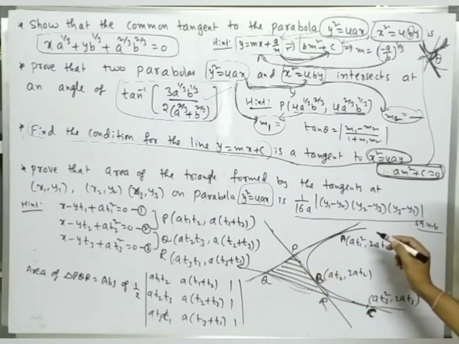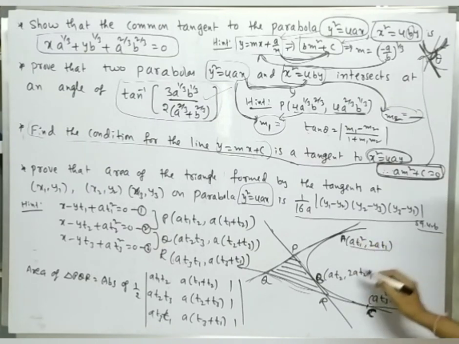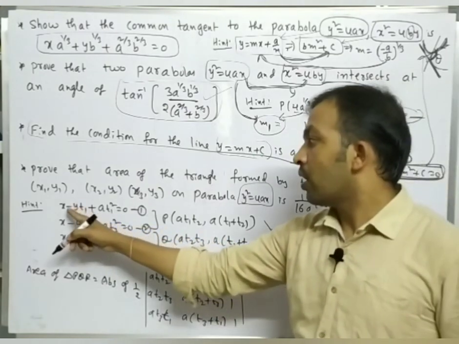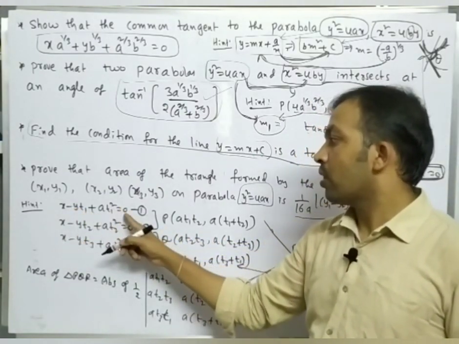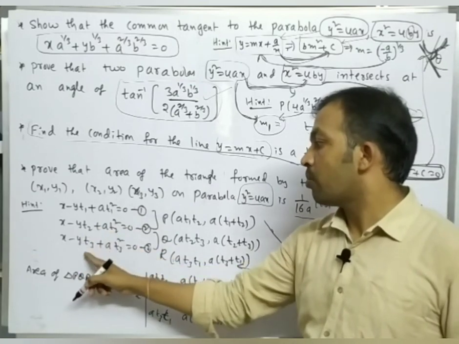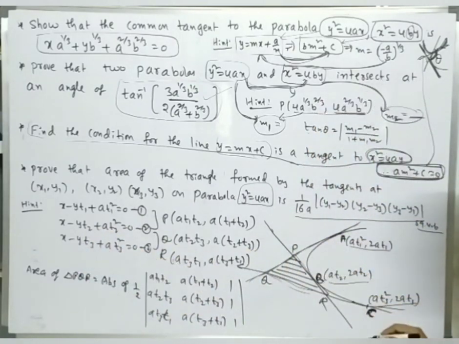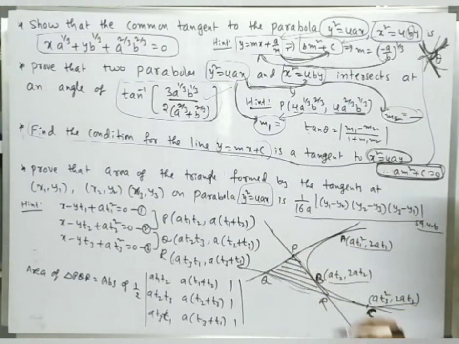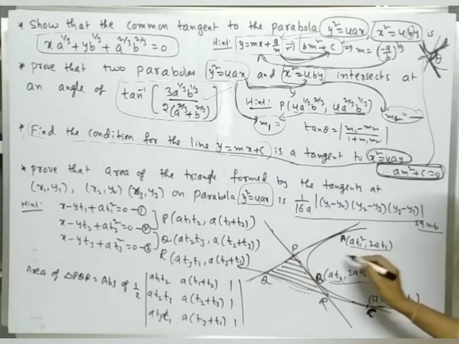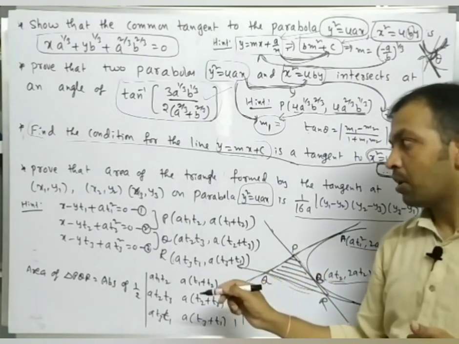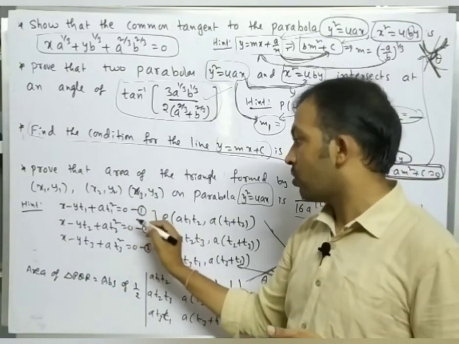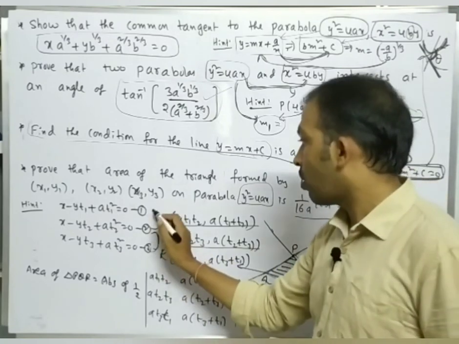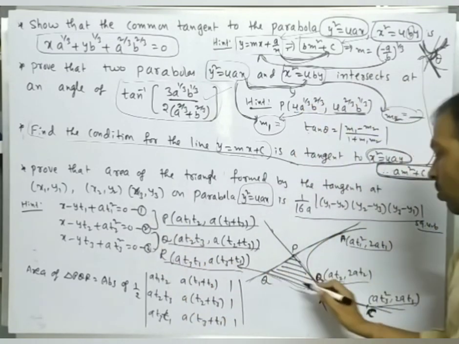How can we find it? By using parametric equations. So take 3 points in parametric form. What is the equation of the tangent? yt1 is equal to x plus at1 square, that is, x minus yt1 plus at1 square is equal to 0 at the first point, similarly at the second point t2 and at the third point t3. These are the 3 tangents, right? So solve the first 2 tangents, t1 and t2, and you will get the point P. Solving equations, you are very familiar with. Solve these 2 equations, you will get a Q point. Solve 1 and 3, you will get the R point. P, Q, R.